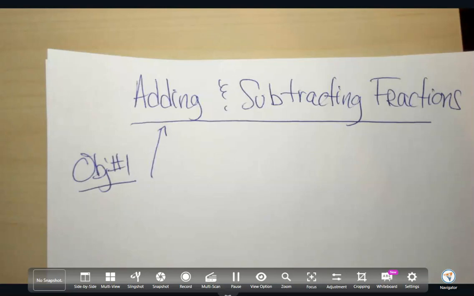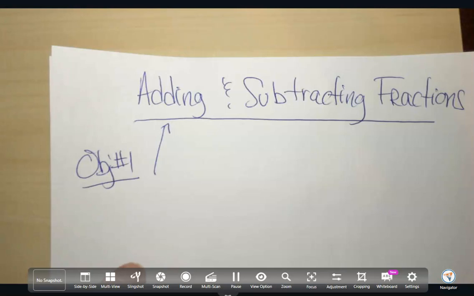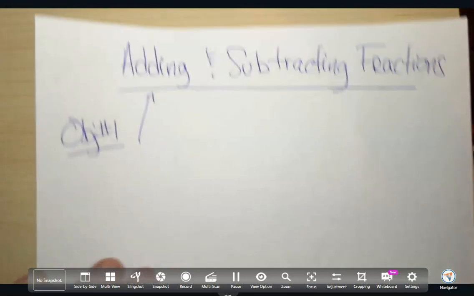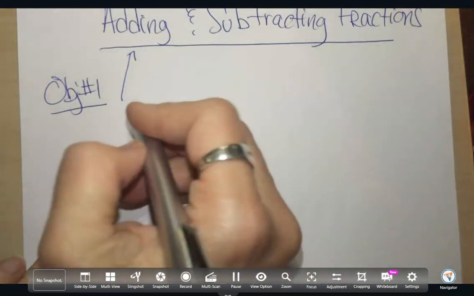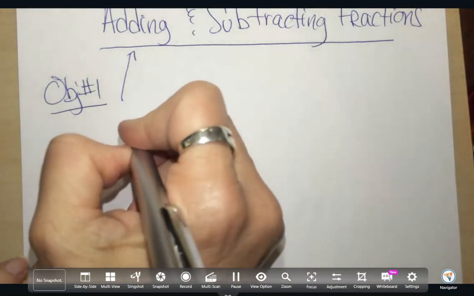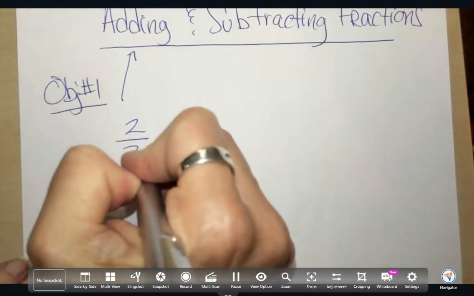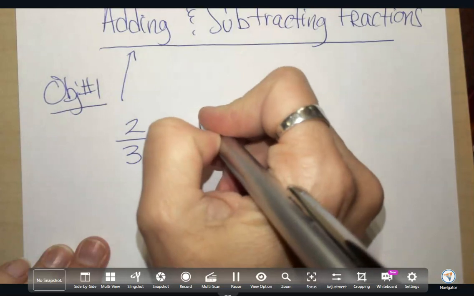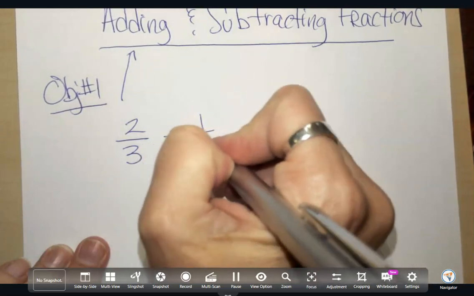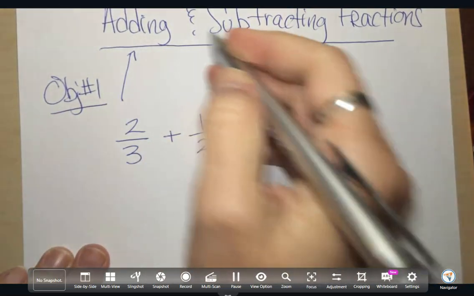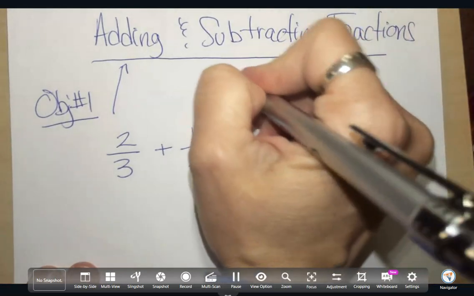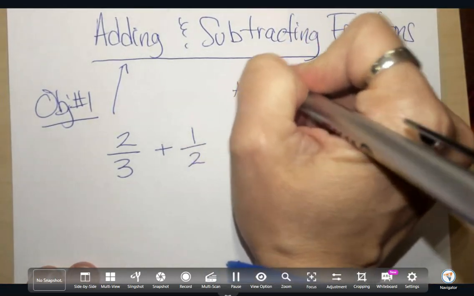Okay, this video is going to remind us how to add and subtract fractions. And that's our only objective here today. So let's look at a simple one. What if I had 2/3 plus 1/2? Remember, when we're adding and subtracting fractions, you must have